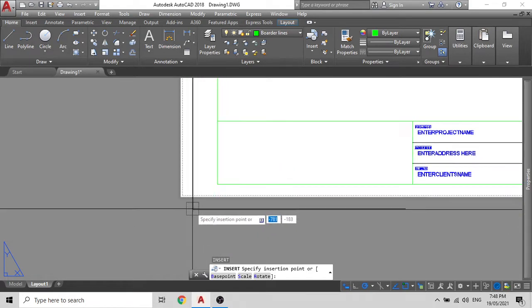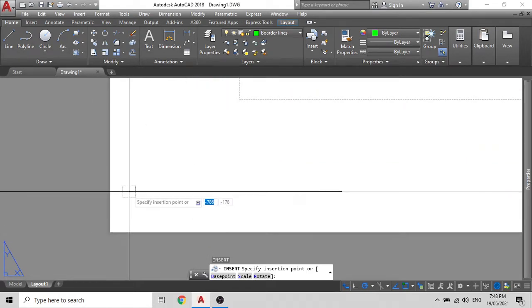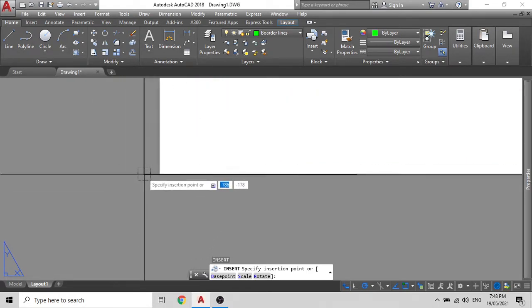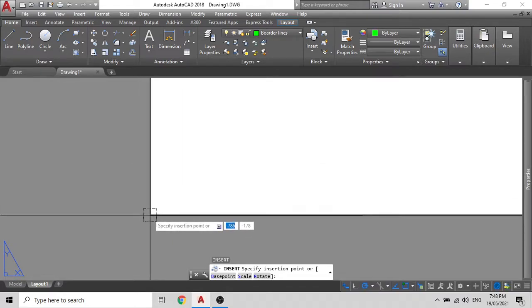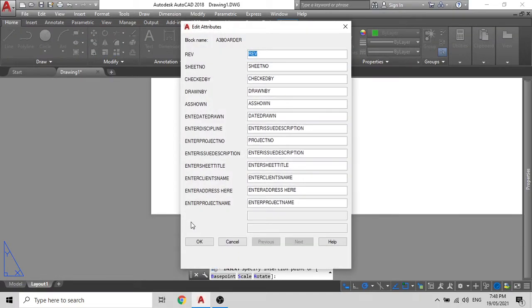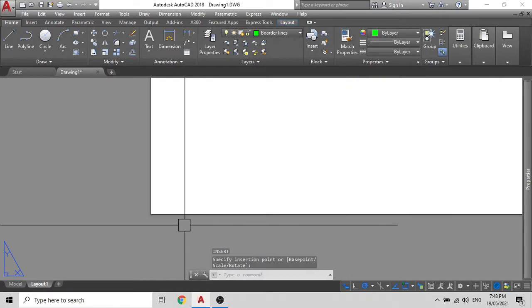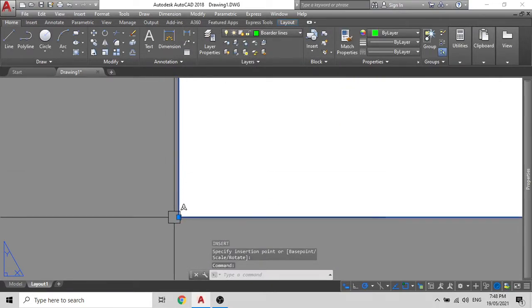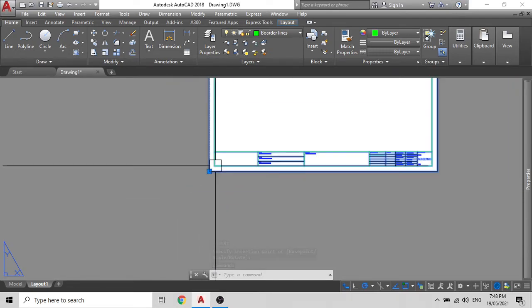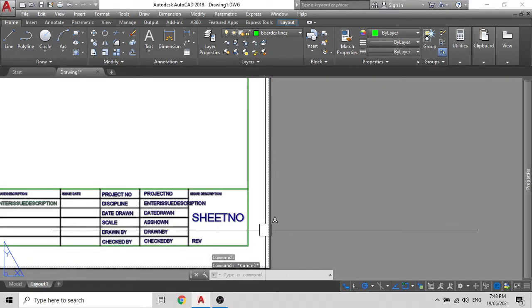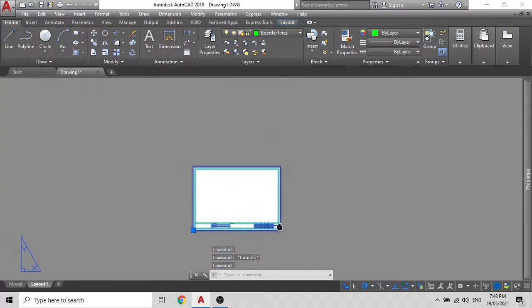Once that is done, what you have to do is zoom into the bottom left corner as much as you can and just eyeball the bottom part so that it fits right on the corner, and click OK. Now this outline will not print. This green line will only print and the other things on top. So you don't really have to remove this line.